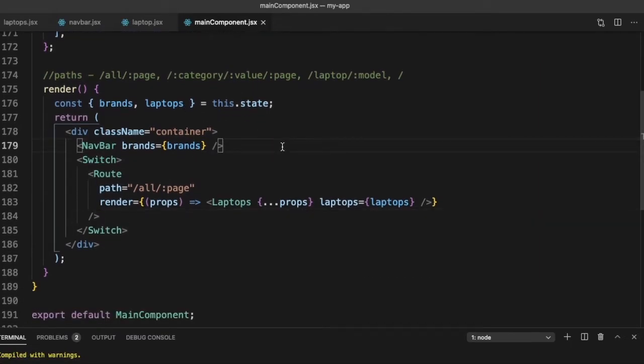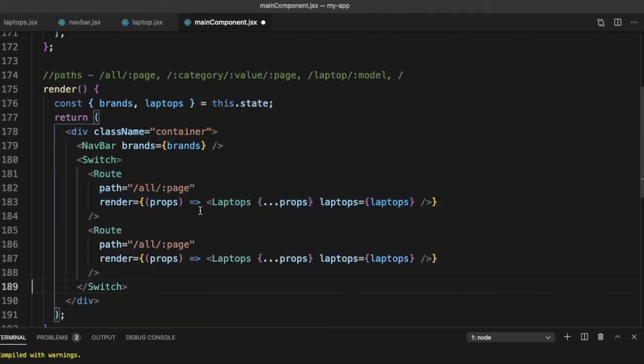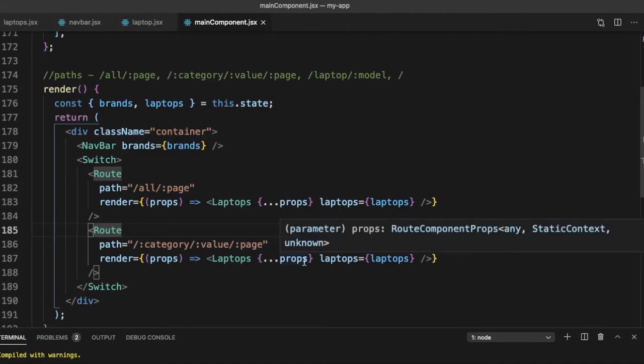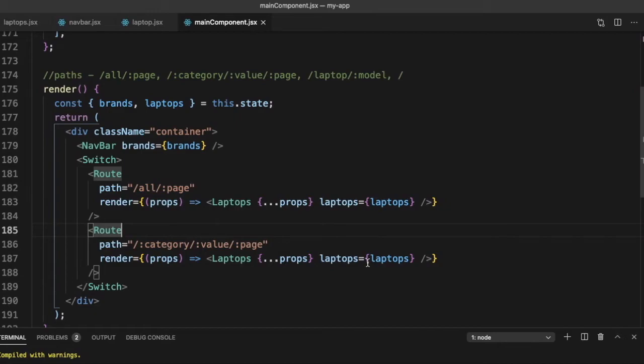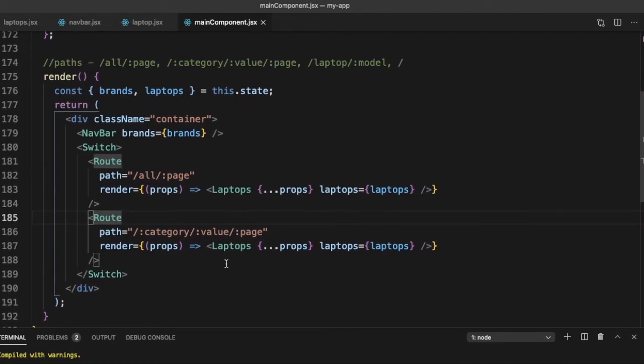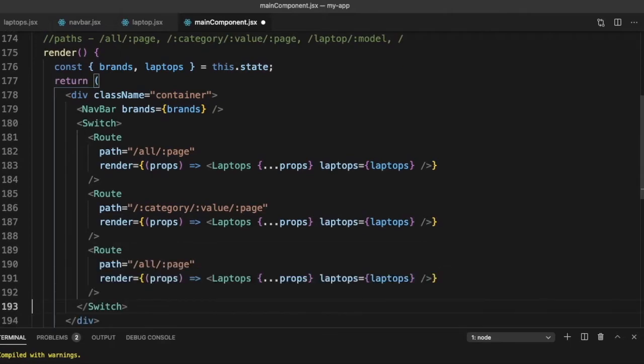Let's define our next route. So let me just copy this route here, and this is colon category, colon value, colon page. What do we pass here? We will again pass laptops. We'll call laptops with the props spread and laptops as the custom prop. Next, we need the laptop model. So let's implement that. So this is laptop colon model.